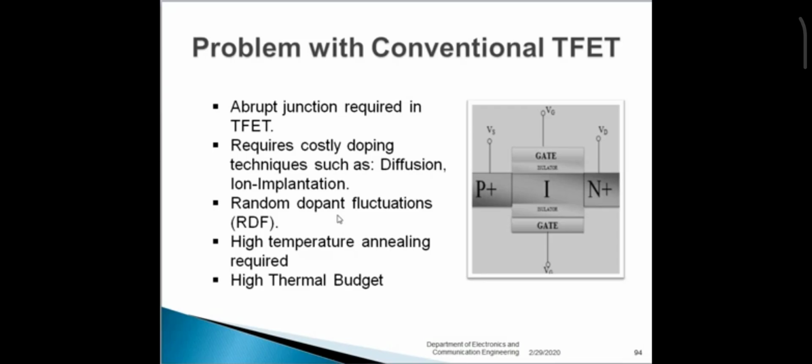During diffusion and ion implantation, some atoms are dislocated from their original position, so a high temperature process such as thermal annealing is required to move the atoms back into the original position. By applying this high temperature technique, the thermal budget of the device is very high, so we are switching to the junctionless and dopingless TFET. Dopingless TFET, you can also say charge plasma